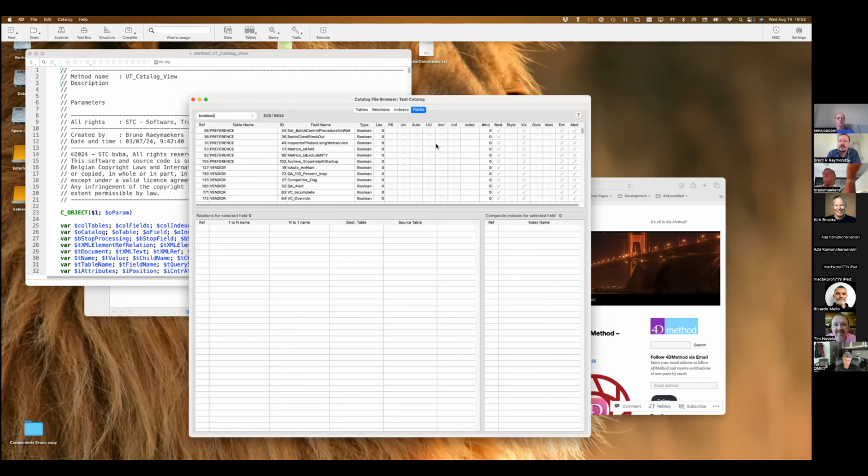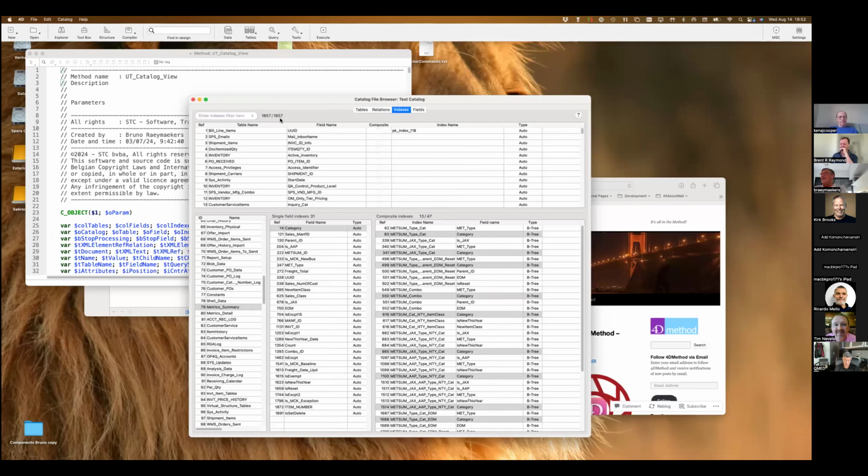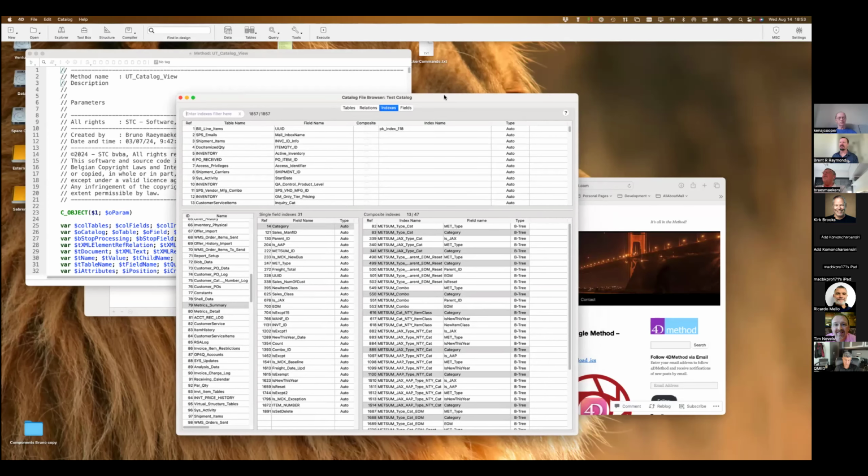And researching that, you spend a lot of time in the interface that 4D has for you for composite indexes. And that is not a great interface, basically, because you just get a long list of composite indexes. There's no filter possibility. You can only sort them. And if you have 1,800 indexes, that's a tough thing to crack, to find all the indexes that you need to look at and what index is related to the table and all that kind of stuff. So that was the reason I said there must be a better way of getting all the structural information in one view. Right.